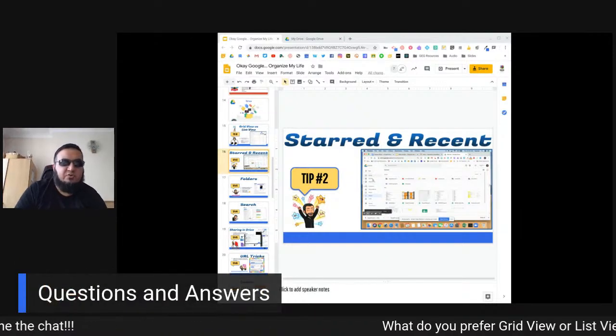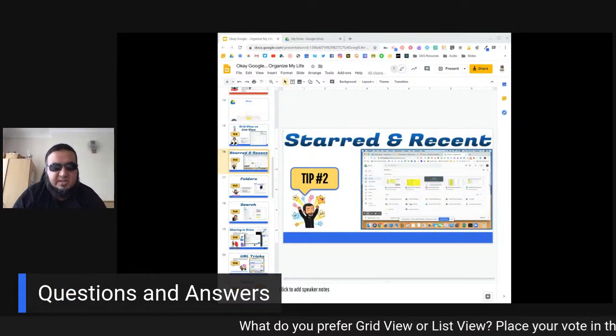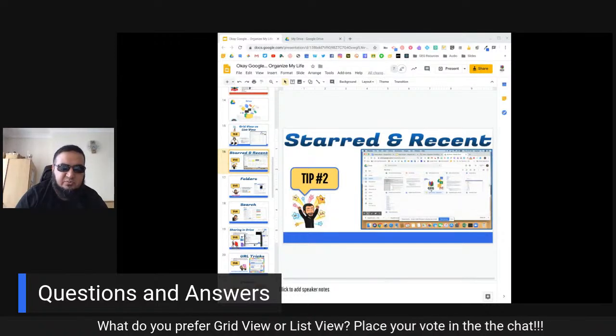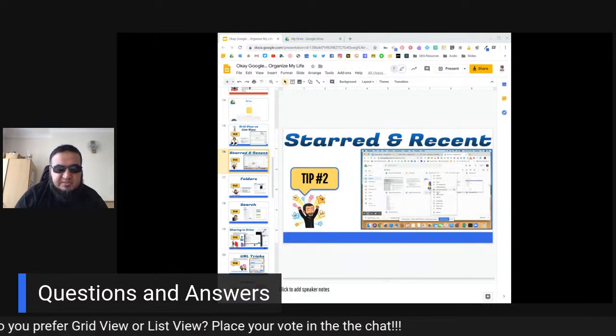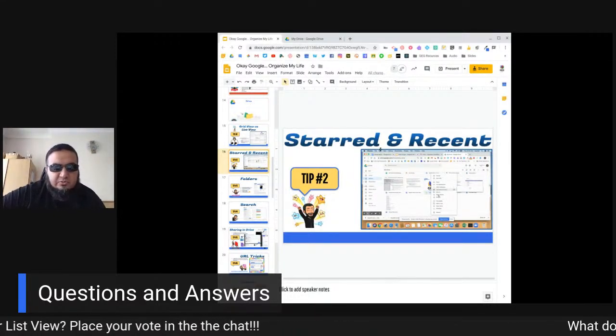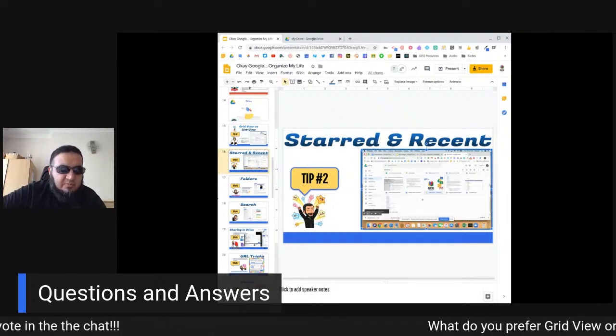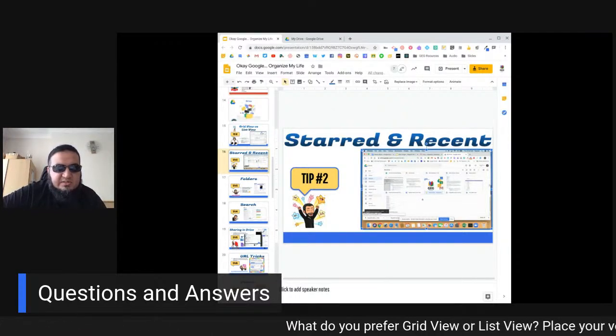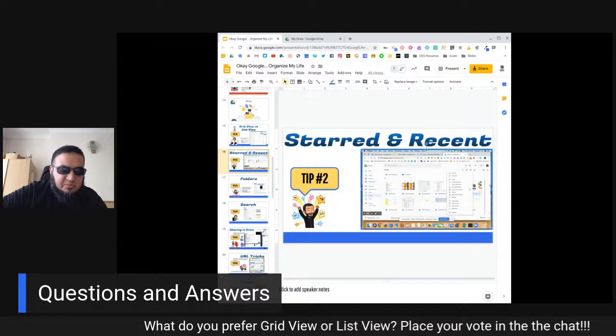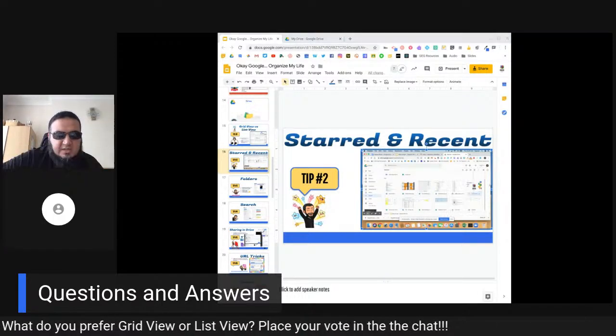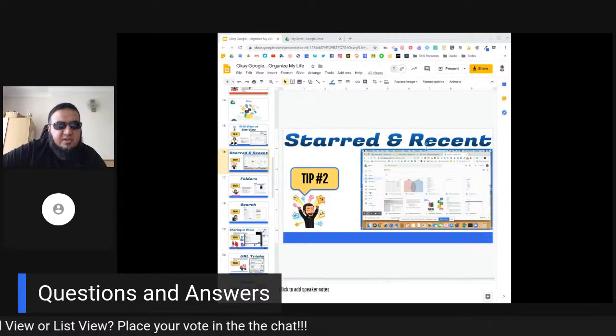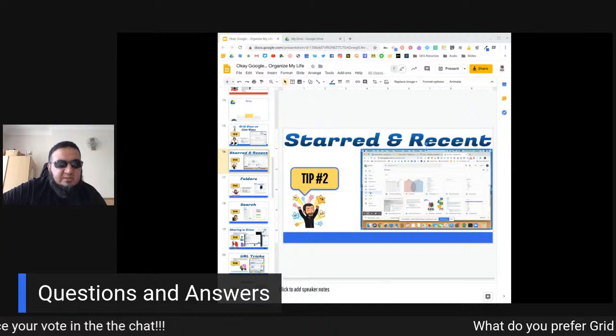And then likewise, you've got recents, and what recents does is it takes all of the files that you've interacted with on a recent basis, and it shows them in chronological order. So I've worked on this file on Pear Deck, I've worked on some Google Sites, I've messed about with some videos and things like that. So it's really, really handy to have everything that you've worked on recently.